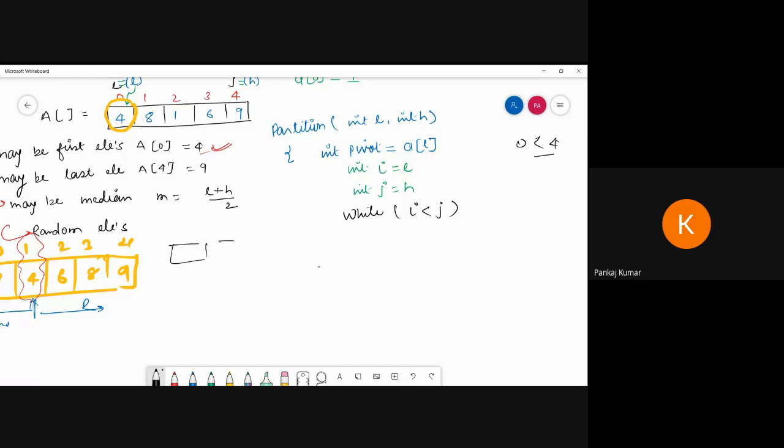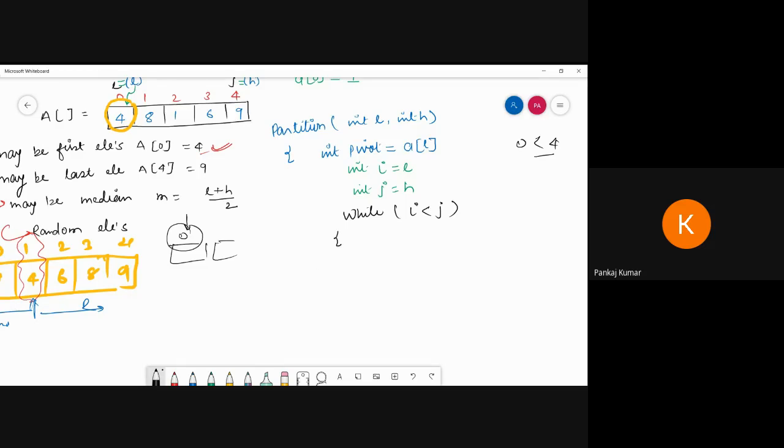Suppose my array is like this one. So this is one case we can reach by array here, where there is no partition. In that case, the while loop is not executed. So I am writing I is less than j, then we have to enter. Okay. Then after entering, what do we have to do?